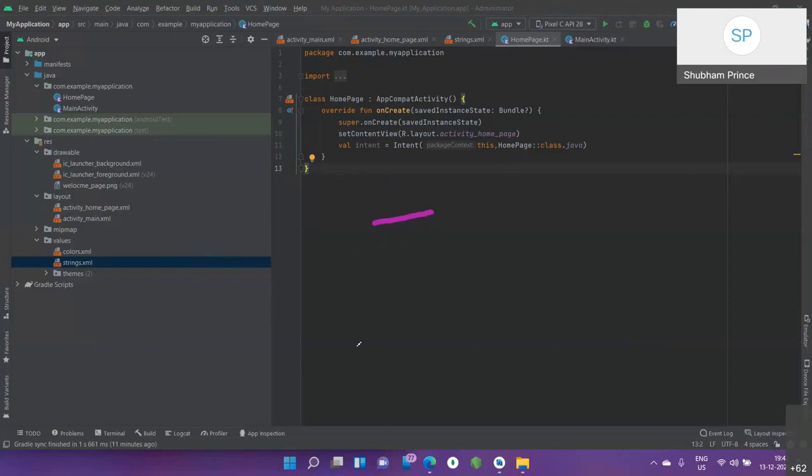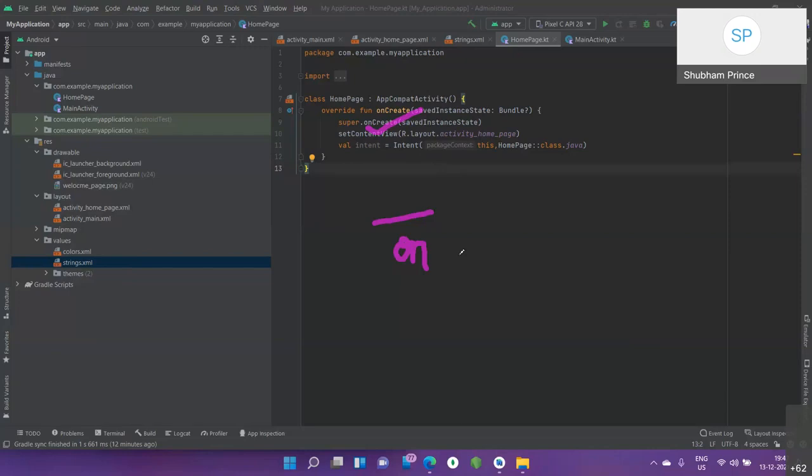Now every life cycle, whenever an activity is launched for an application, the program starts with onCreate. This is the first one. So whenever an activity is launched, onCreate is the first method which will come into life. And once it has reached this moment, it will follow certain life cycle parts.